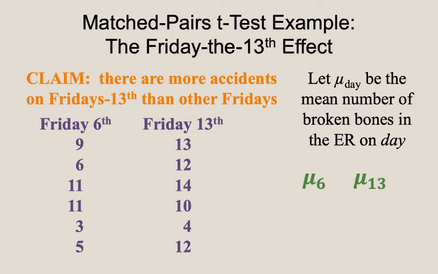What relationship symbol should I put between there? If there are more accidents on one day versus another, what symbol should we put in there? Less than? How do people feel? Do people feel comfortable if we put that in there? This essentially says that whatever the average is on the 13th, it is going to be bigger than the average on the 6th. I think that's a reasonable assessment.